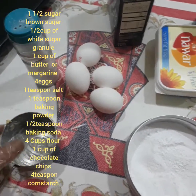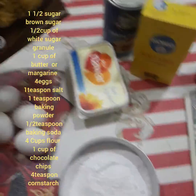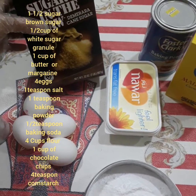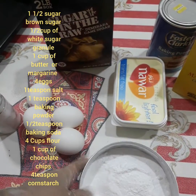Ako ay magagawa ng cookies. So ito yung ating ingredients. Sugar natin 1 and 1/2 cup brown sugar and 1/2 cup of white sugar, granulated sugar, and